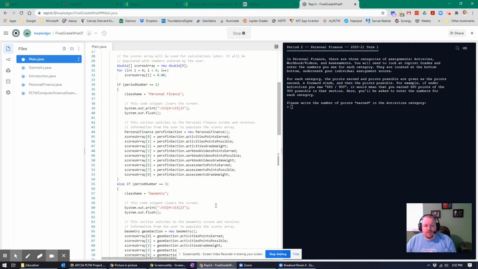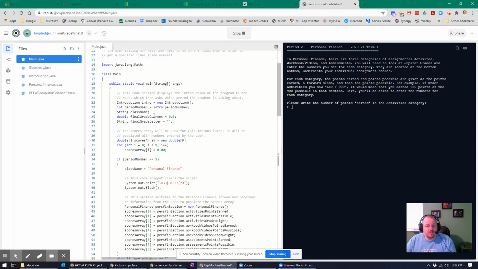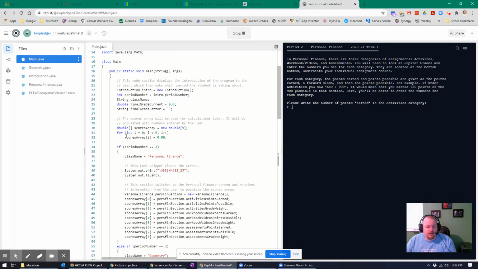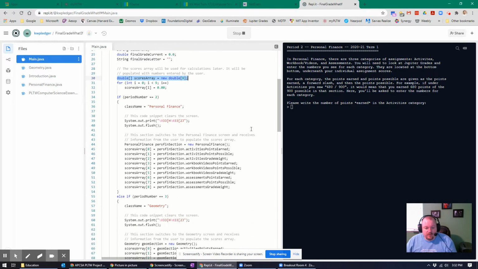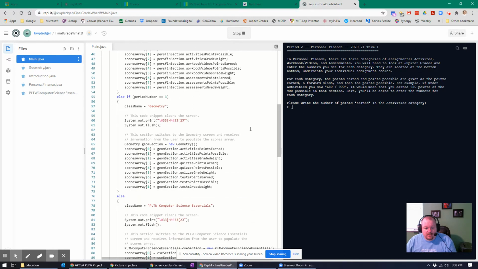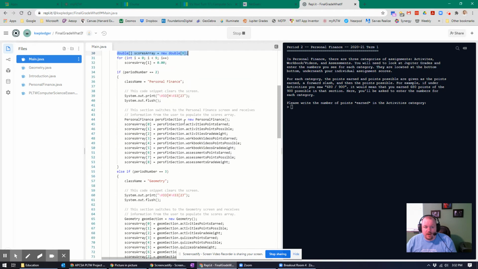So based on that, I'm filling up a scores array. The scores array was declared up here. It is an array full of doubles. There are 9 numbers in it: 3 for points earned, 3 for points possible, and 3 for the weights. Now, once it has those numbers, depending on what they put in,